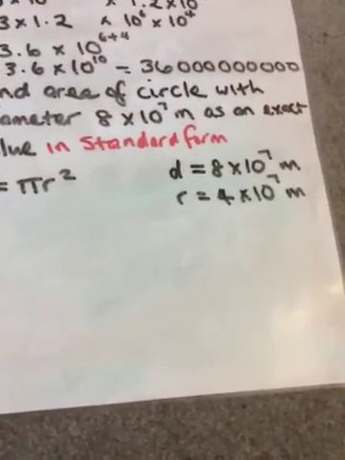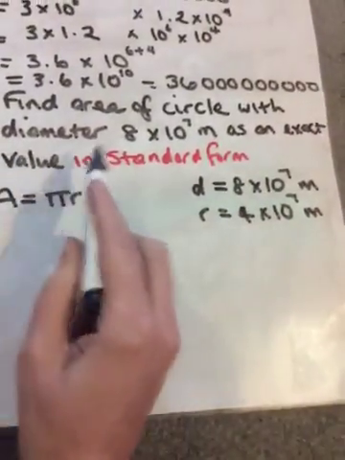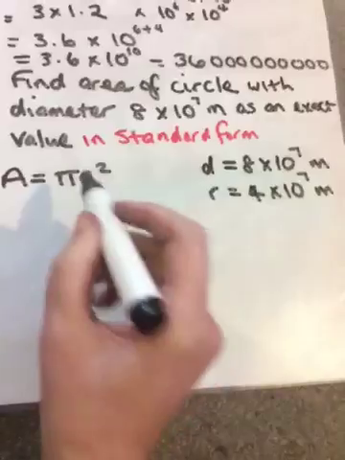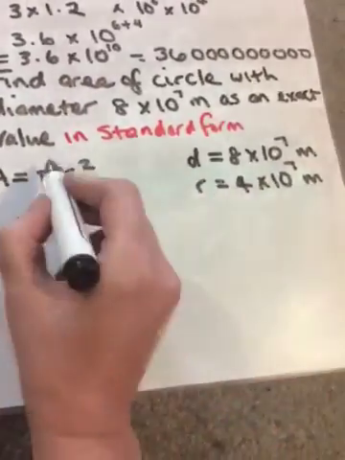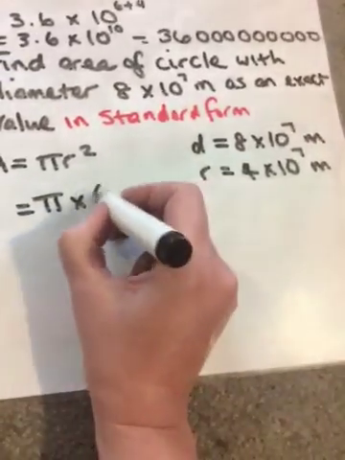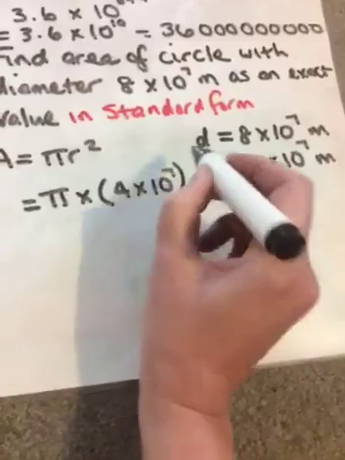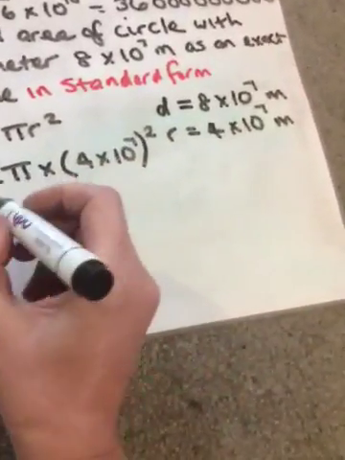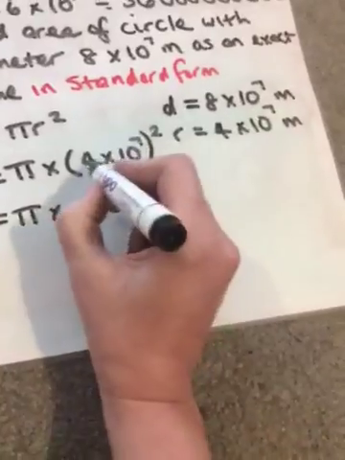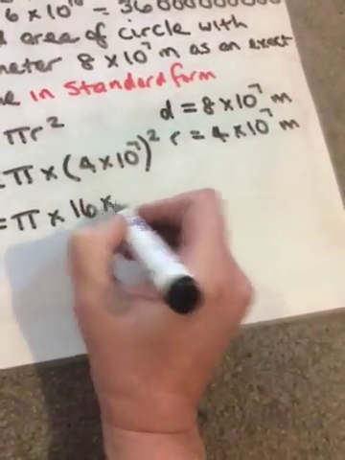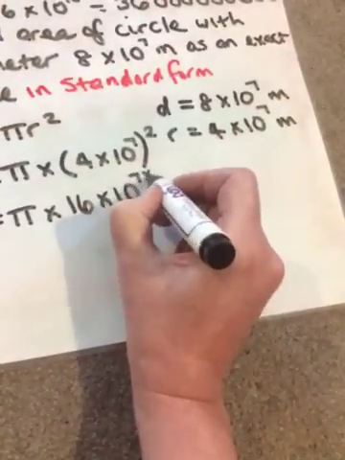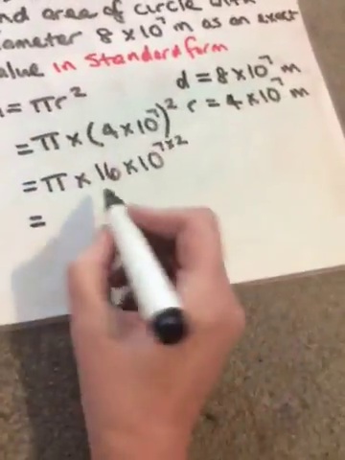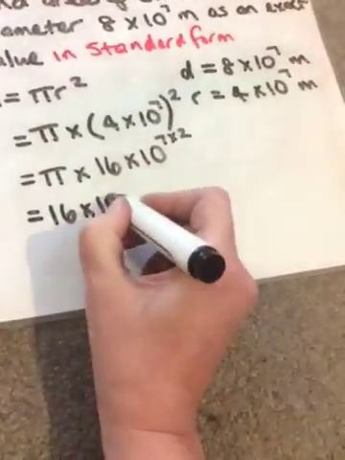So now we want to take that. Now when it says leave it as an exact value, it means that we're not going to change the pi, we're going to leave the pi in the answer. So what we're going to do now is we're going to put that r squared by substituting in the 4 times 10 to the 7. Now this is rule 3. So we're going to keep that pi there, and we're going to do 4 squared, which is 16, and then we're going to have times 10 to the 7 times 2. So if we're going to move this number in front of the pi now, we've got 16 times 10 to the 14